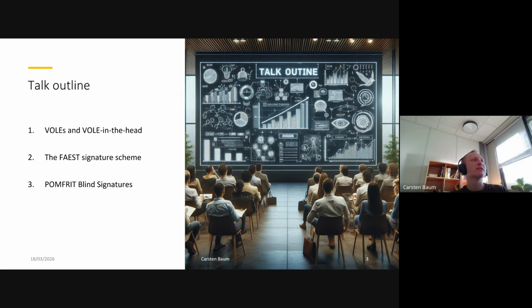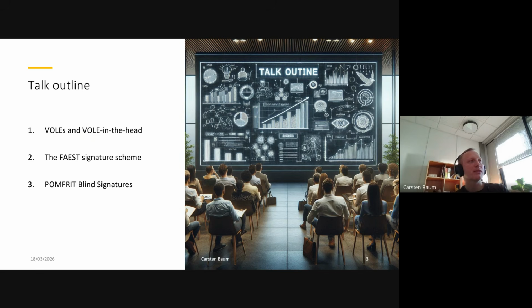What I wanted to do is first explain how these proof systems work. What is a VOLE? What are VOLE-based proof systems? How does VOLE-in-the-head work? And then two applications. One of them is a post-quantum digital signature scheme that is currently in the NIST process for these additional on-ramp signatures. Will it be standardized? I have no idea. But I think it's kind of cool, and I think people find it interesting design-wise. And it was kind of the first application that we found of these VOLE-in-the-head-based proofs.